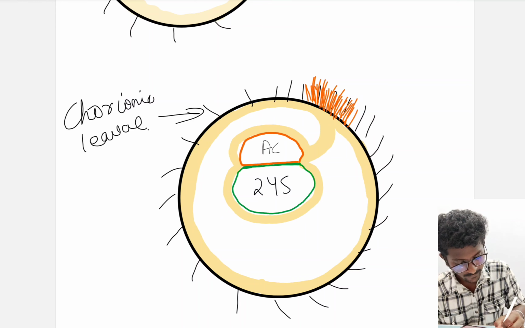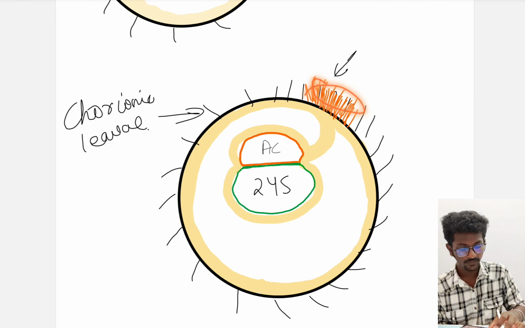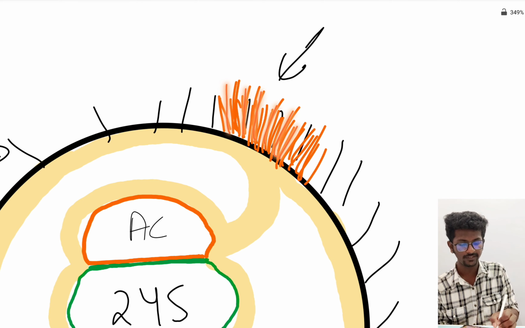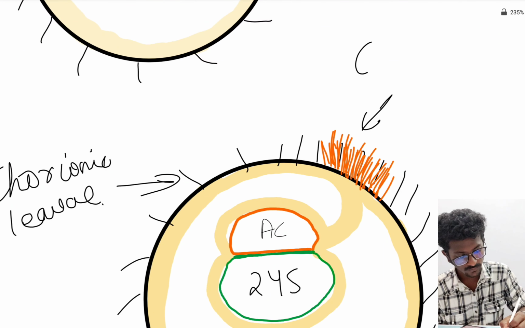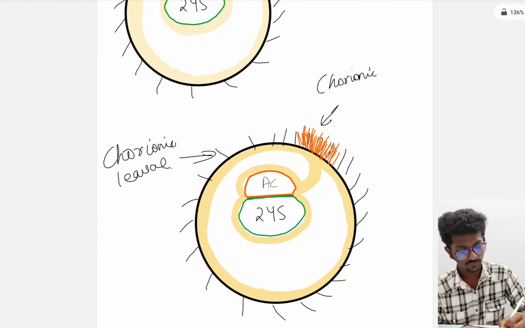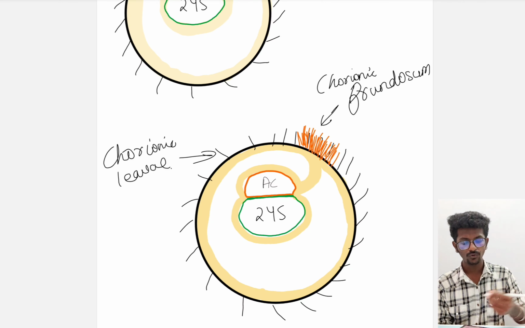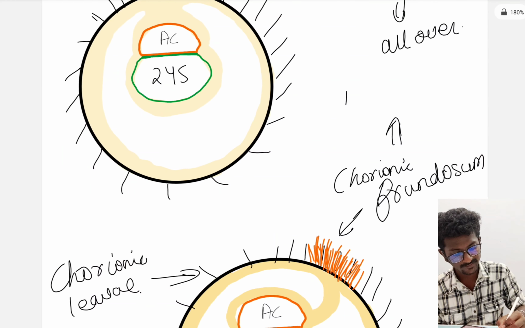And where the tertiary chorionic villi will be formed, they will form a tuft of chorionic villi over there, a bunch of chorionic villi will be formed, and these are called as the chorionic frondosum. The chorionic frondosum will be the structure that will be forming the placenta,